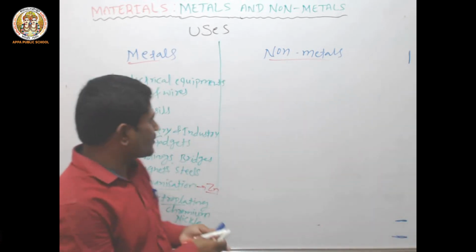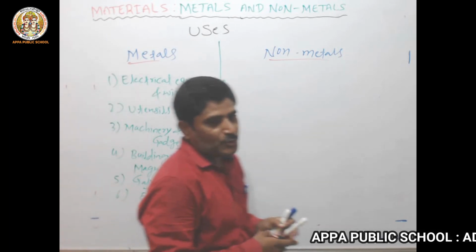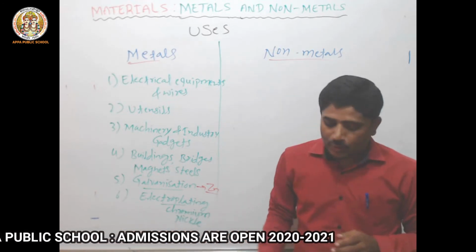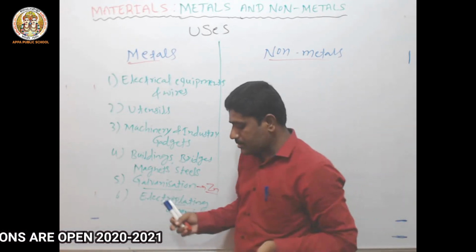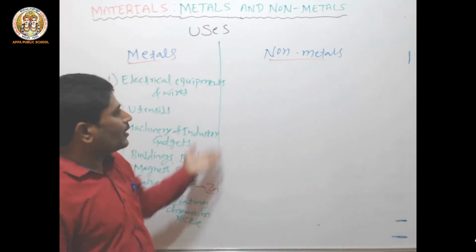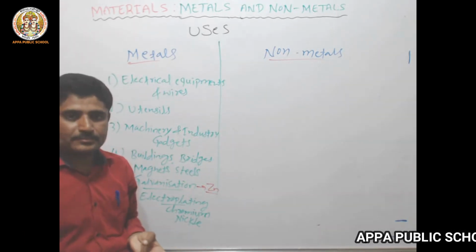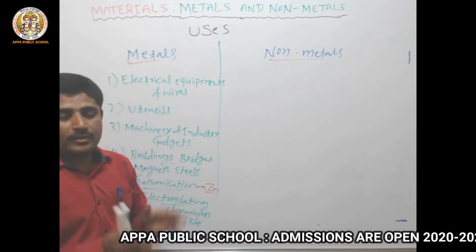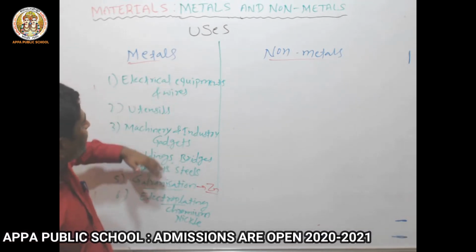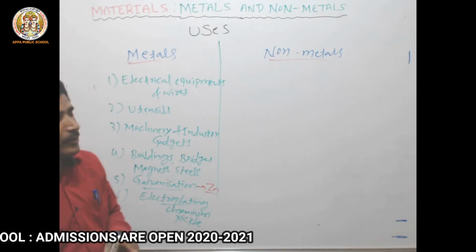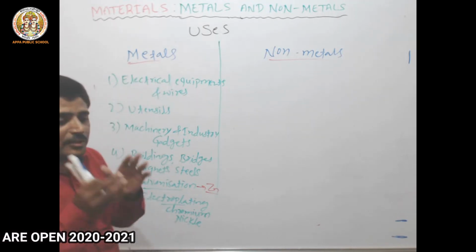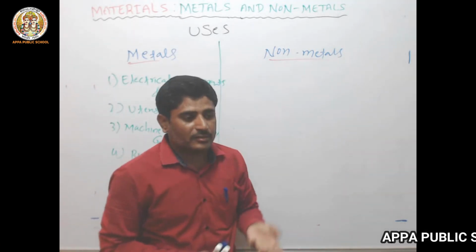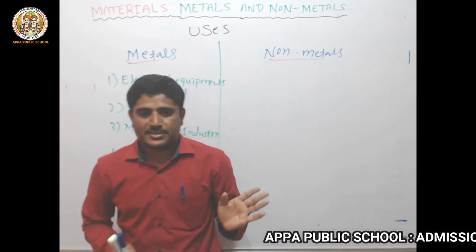My dear students, you know very well, especially in case of jewelry also, to prepare some ornaments, we are going to use the metals. And not only this, apart from this, so many areas are there: aeroplanes, aircrafts, trains, train tracks. If we count the uses of metals, there will be endless points. Trains are there, aeroplanes are there, tracks are there, machines are there, toys are there. We are going to use them in different fields.